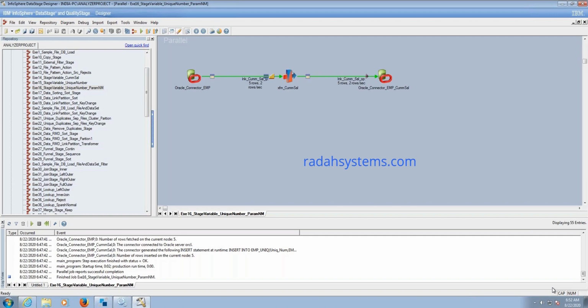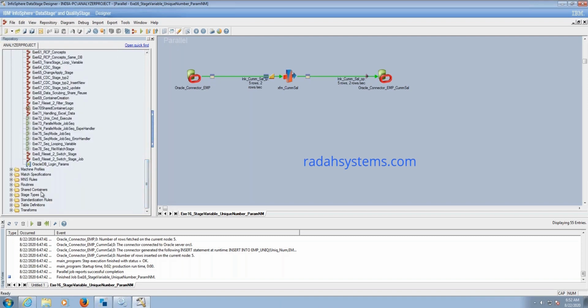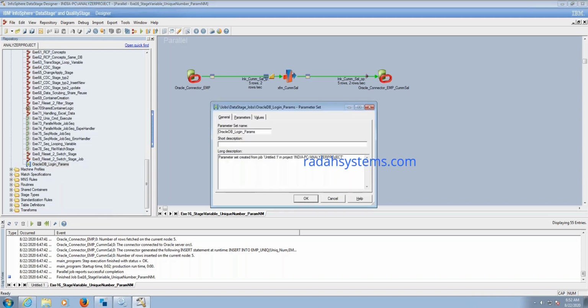Whenever you want to use it, you go to the repository and choose the parameter set. If you see here, this is the parameter set. Double click on it and it will open.